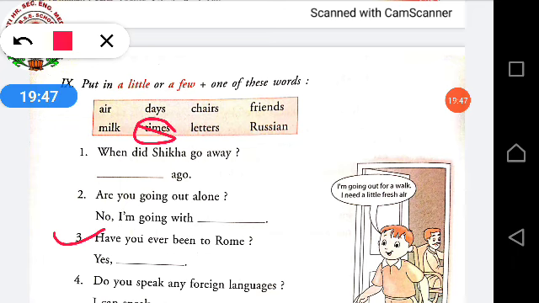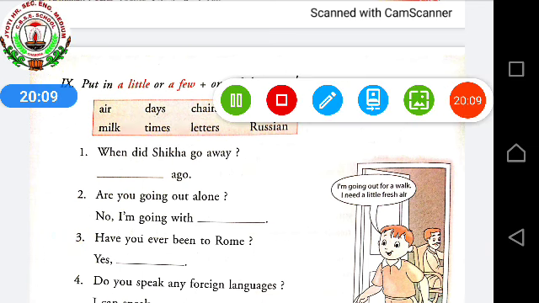Yes, a few times. What will come over here? Yes, a few times, because you can count the times. Many a time we cannot go out of station, no? Very rarely we are going. So that's why we can count. And that too to foreign countries, so obviously we can count. Is it?